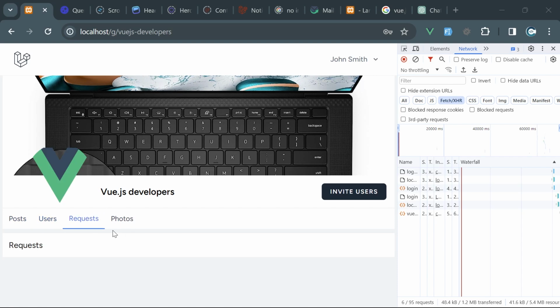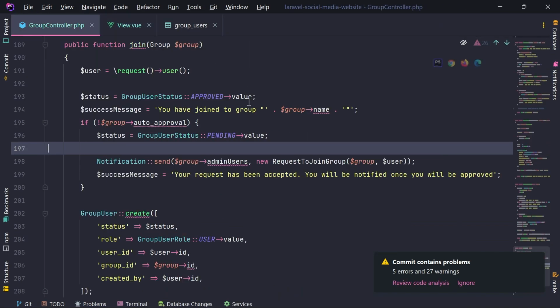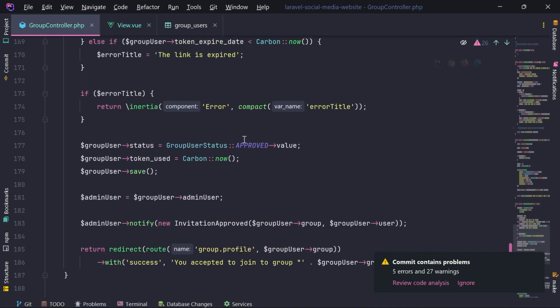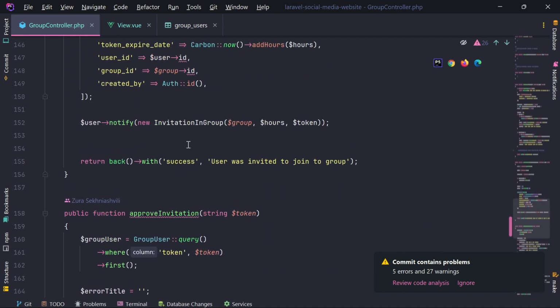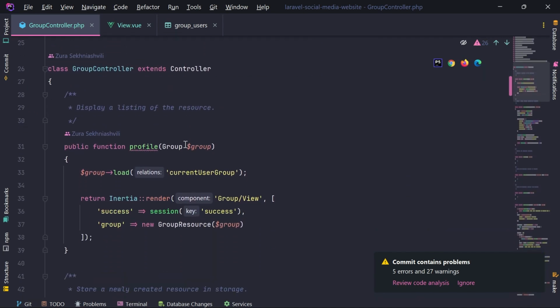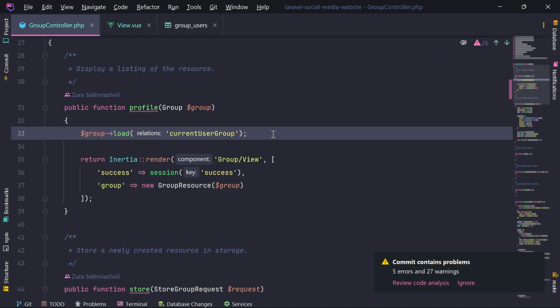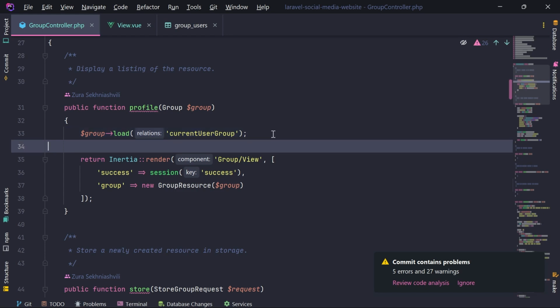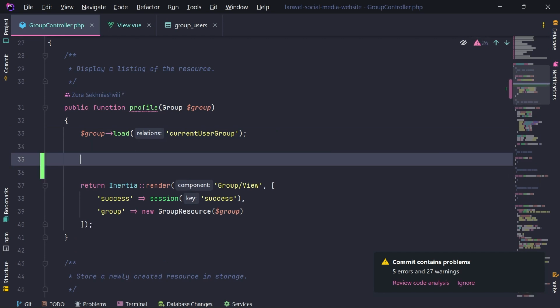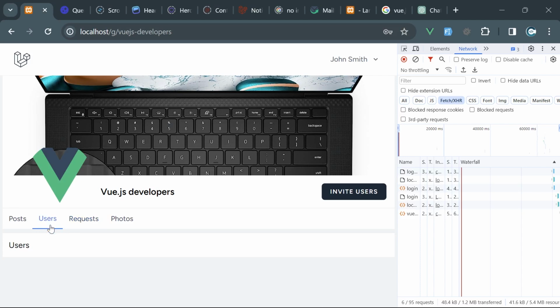Okay, inside the request, let's take care of these requests. Let's go in the group controller, and we have this profile somewhere at the top, I think. We have this profile page. In this case, we are just returning the group information, but we are going to return users as well, and the requests as well. So I'm thinking right now I can easily just select the users and return, but what about pagination? So if there are multiple users, hundreds of users in the group, are we going to do pagination or load